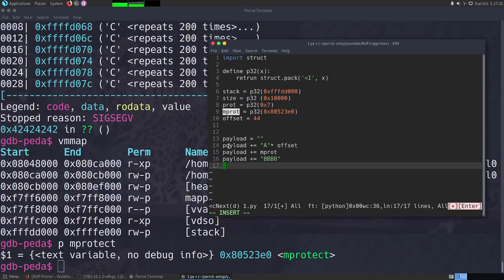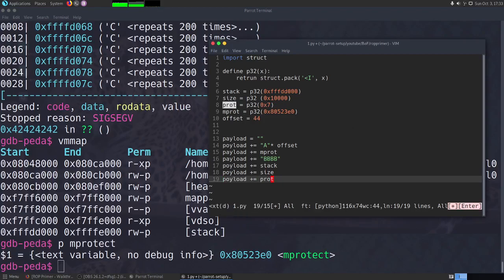Now we know that we need first parameter as the address from where we want to change the permissions, which is the stack address. The next one is the size, which is this, and the third one that we need is actual permissions, which is prot. Actually, let me change it to perm.